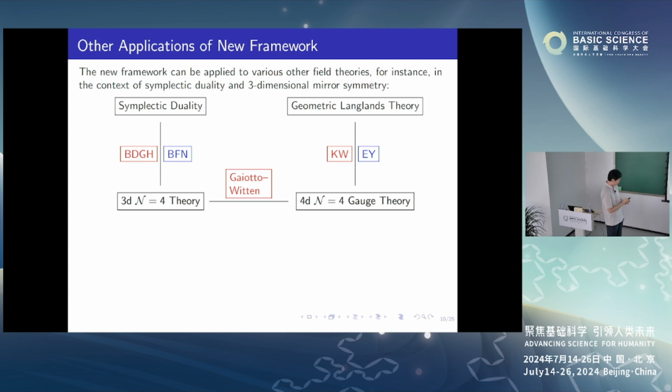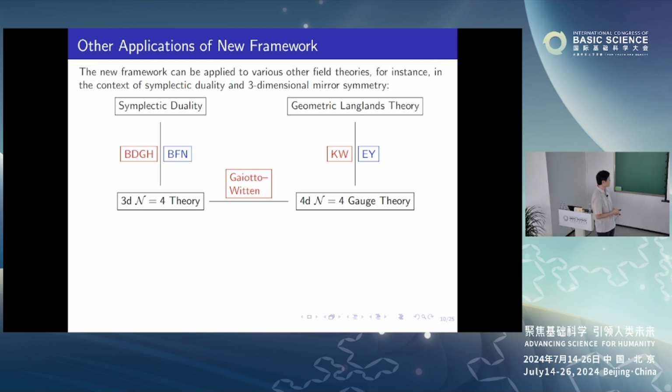symplectic duality. Oh, I think I messed up the slides a little bit. These were Bullimore, Dimofte, Gaiotto, Hilburn, and Braverman, Finkelberg, Nakajima. They did work relating symplectic duality and three-dimensional N=4 theory, and we did this work. As you can imagine, red is physics work, blue is mathematical work. We did this work. But there was another work by Gaiotto and Witten